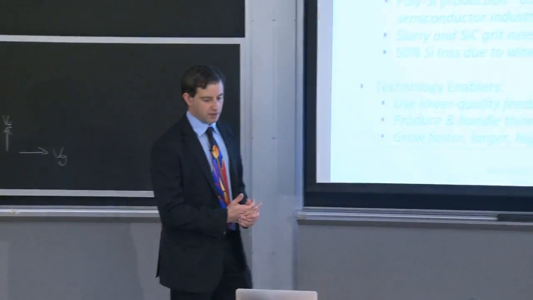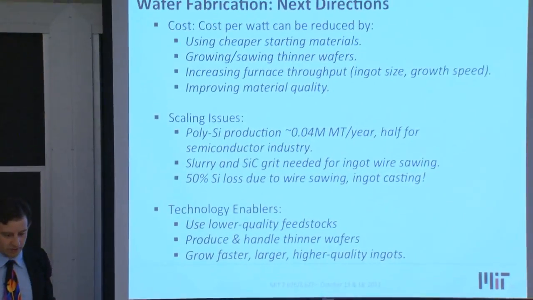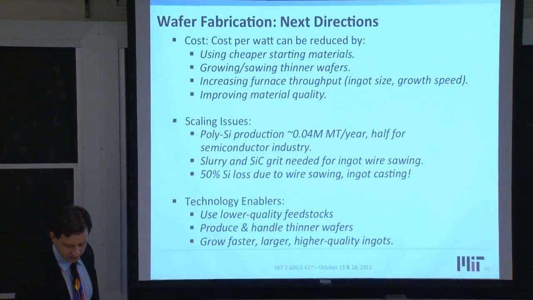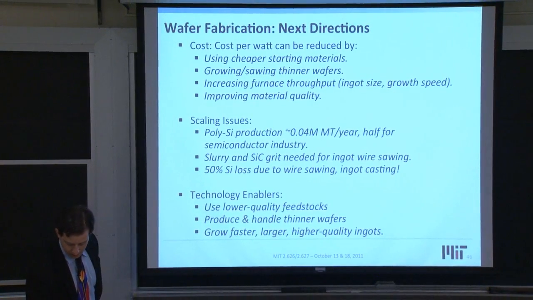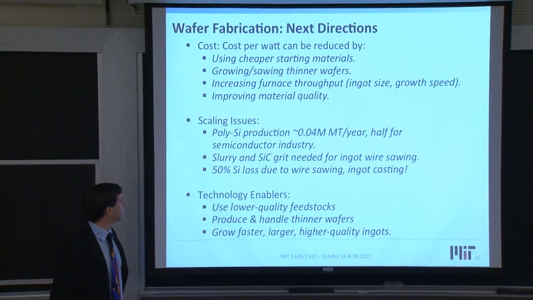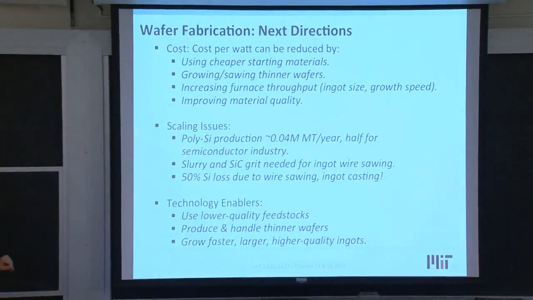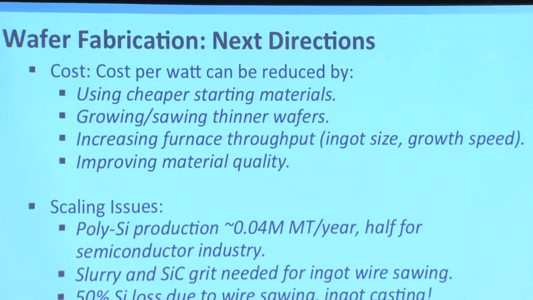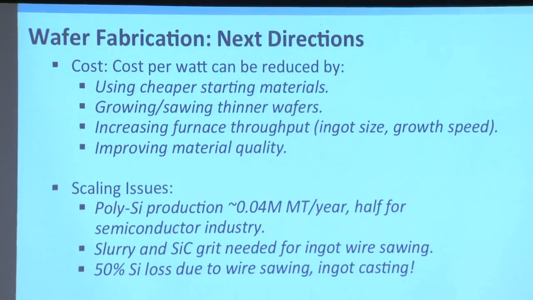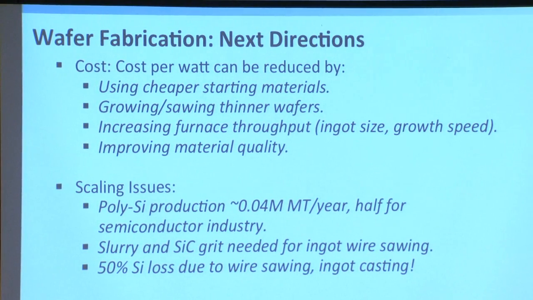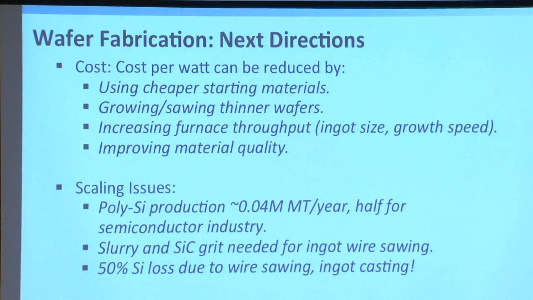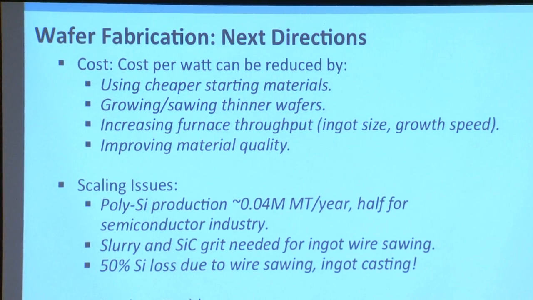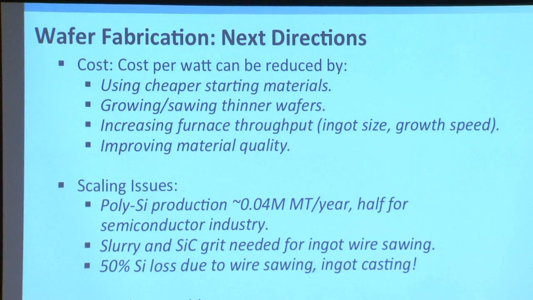So in terms of wafer fabrication in general, this includes both the wafers out of ingot materials, but also ribbons. Where do I personally see this field going? These are some notes. So in terms of cost, the cost per watt peak can be reduced by using cheaper starting materials. That means instead of using this expensive Siemens poly, perhaps an upgraded metallurgical silicon process. Growing or sawing thinner wafers, growing, for example, in a ribbon technique, sawing, maybe making the saws themselves thinner but